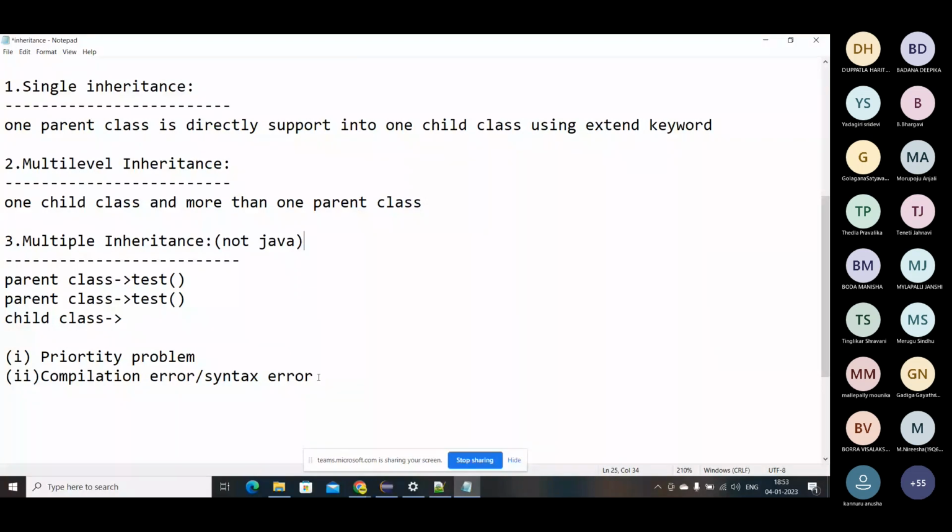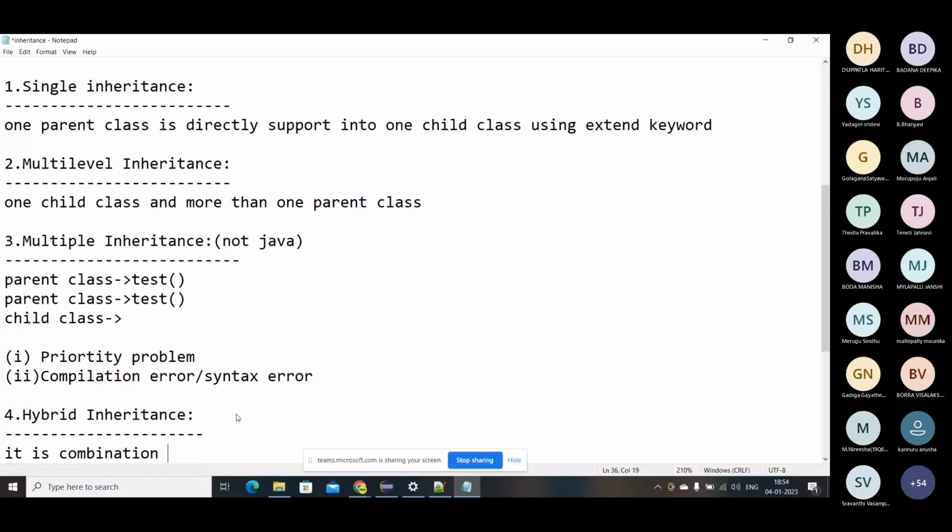The next thing is hybrid inheritance. Hybrid inheritance is a combination of single and multiple inheritance.